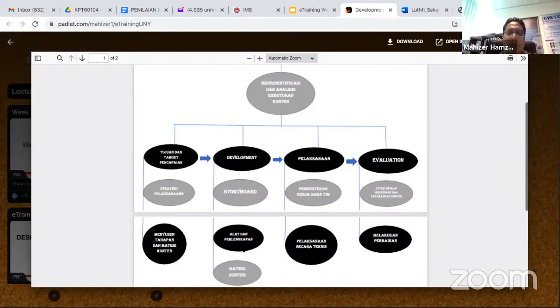Okay, alatan untuk, maaf saya ternampak sangat ni sebab terlampau kecil screen notebook saya. Okay, alat dan ni. Kemudian materi content, bahan-bahan material. Yang ni semua boleh menjadi dia punya content. Content dalam that unit. This is the content for that unit. So you have unit 1, unit 2, unit 3.